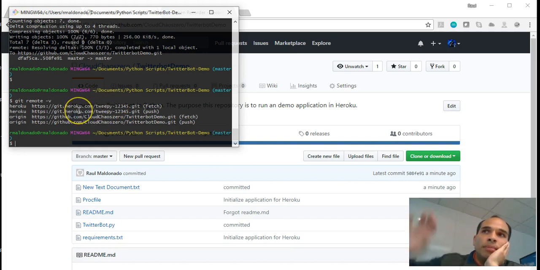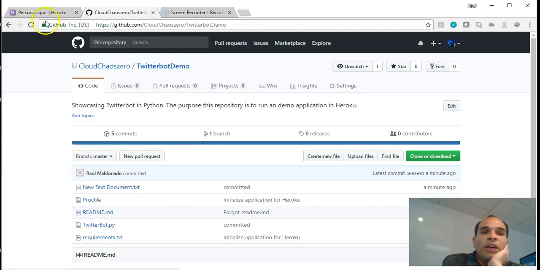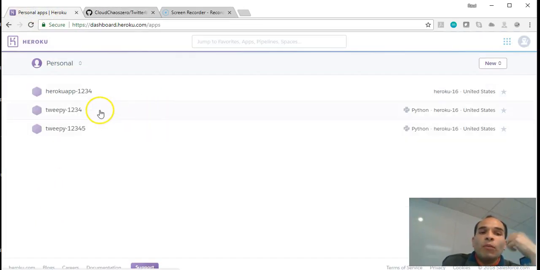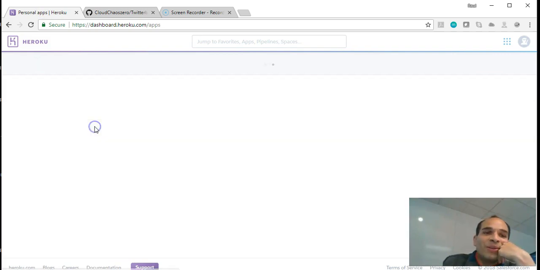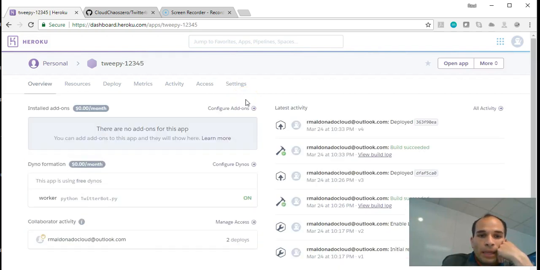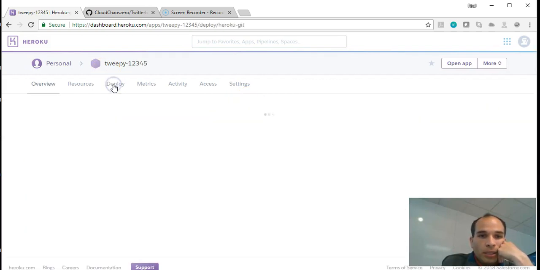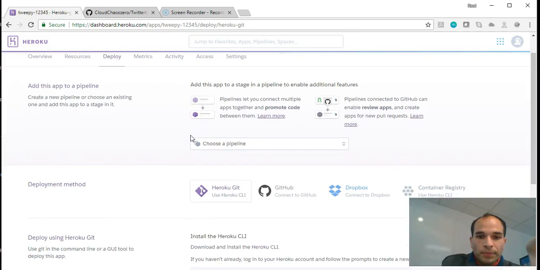This would be for the alternative Git CLI topic I keep on mentioning. But I just want to make sure I had that, and I want to know what Heroku repository I'm referencing. If you look at my personal apps, I have five. So I was like, oh shoot, which one did I go to? I'm going here, and then coming down to the deploy section,